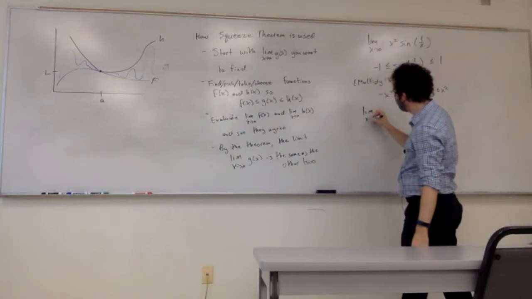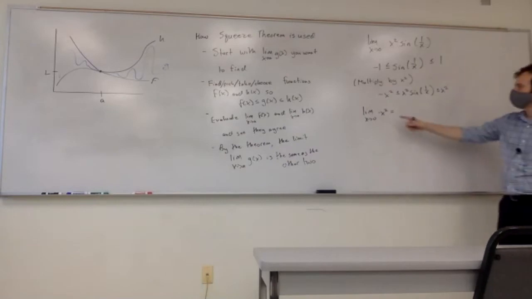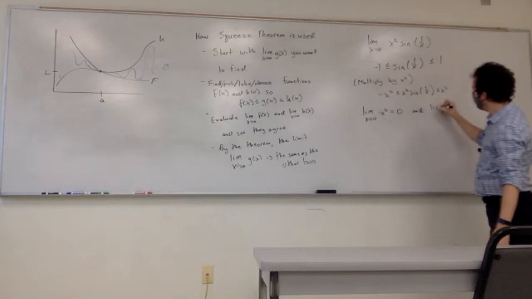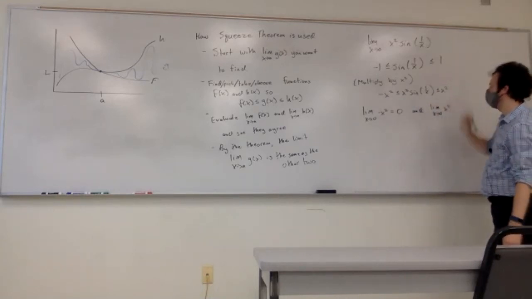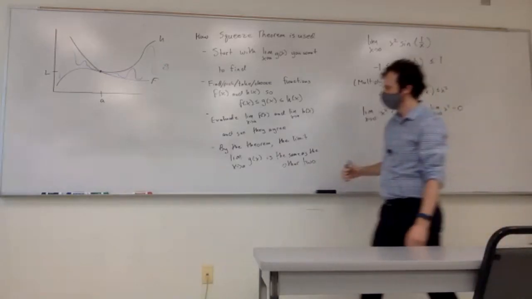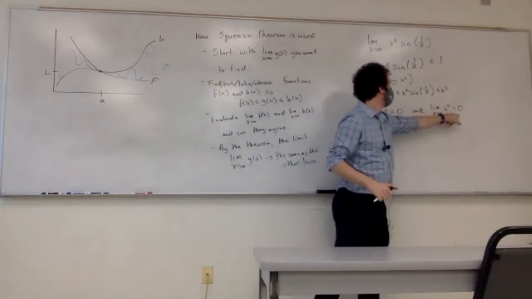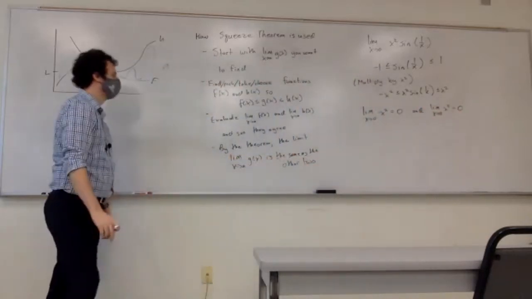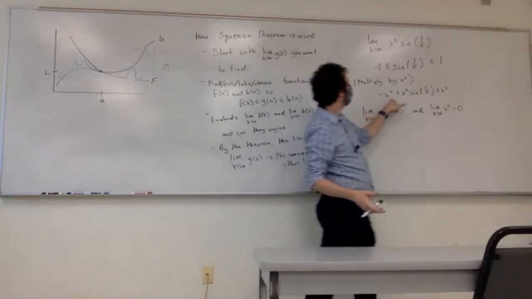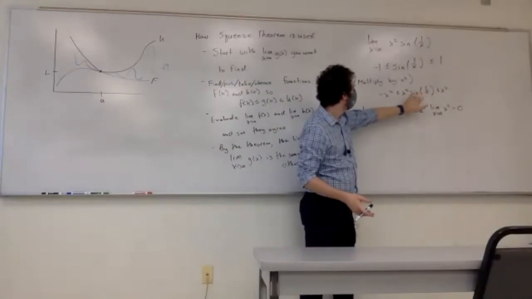So the limit as x goes to 0 of negative x squared, polynomial, just put in 0. The square and the negative don't do anything. So that's 0. And we don't even have the negative on the other side. So the limit as x goes to 0 of x squared is also 0. And that's what we wanted to see. We wanted these two limits to give us the same number. Because now, this is what the squeeze theorem says. If you have an inequality and the outer two functions have the same limit, the middle function has that same